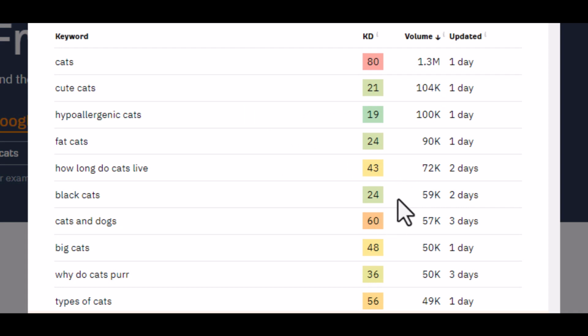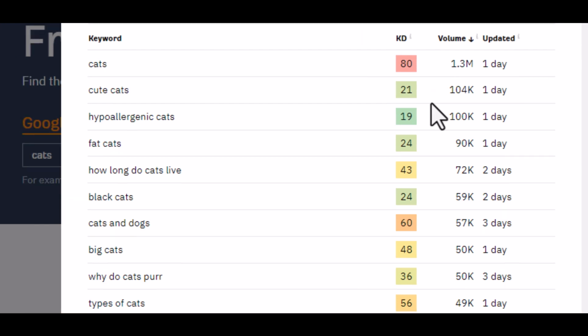For cats, the least competitive keyword here is 19 compared to dogs, which is 18. And the keyword volume for cats is 1.3 M compared to dogs, which is 1.4 M. So with this, I can say the keyword difficulty for dogs is easier than that of cats. So I'll go for the dog niche.